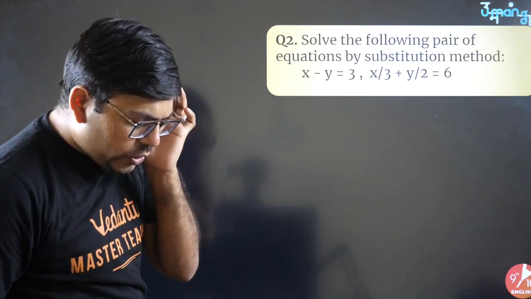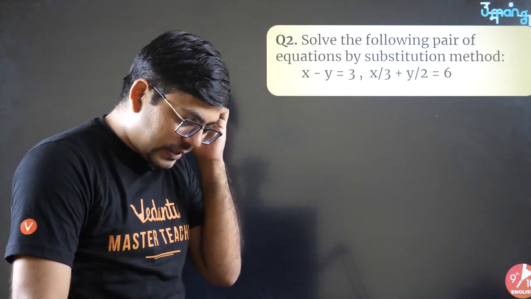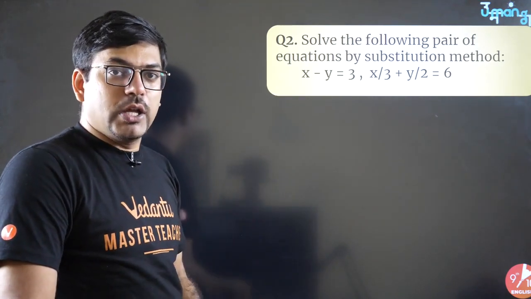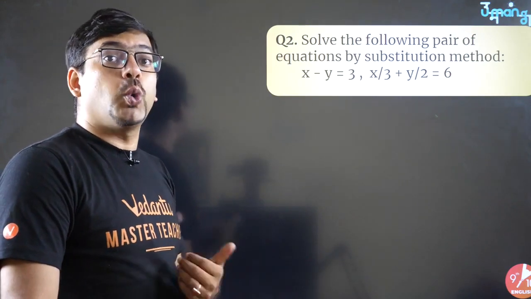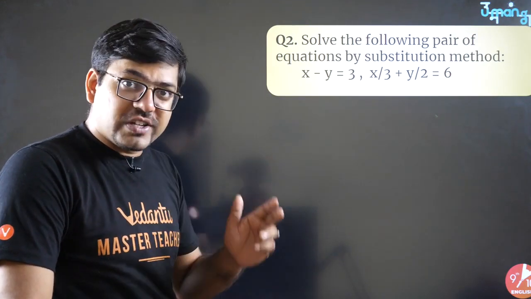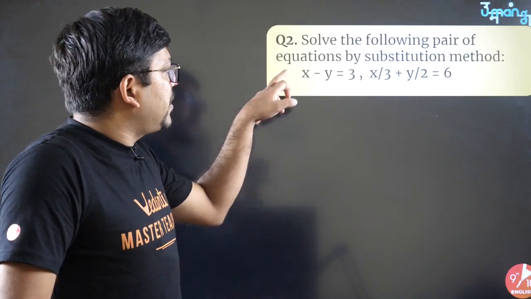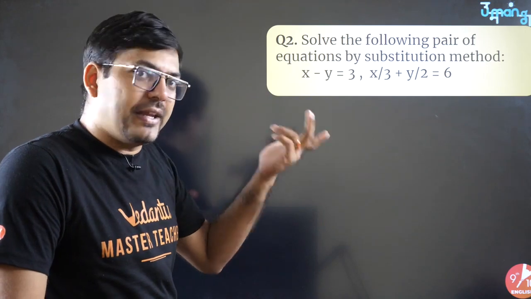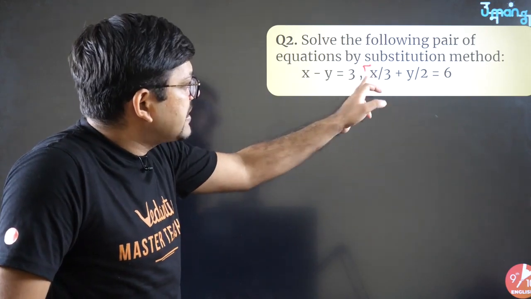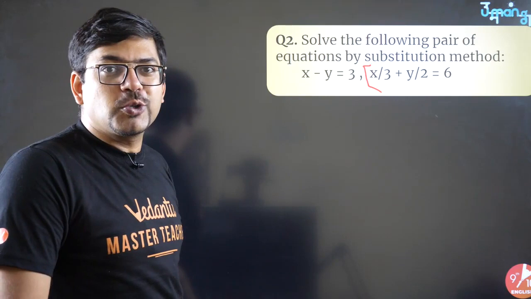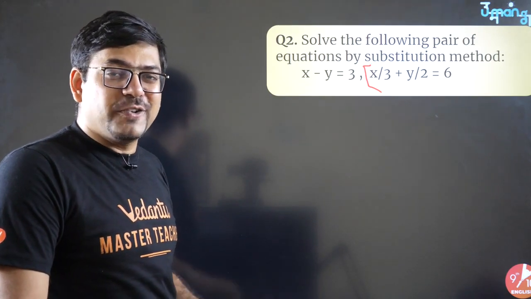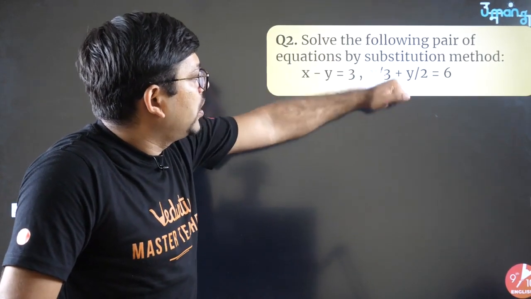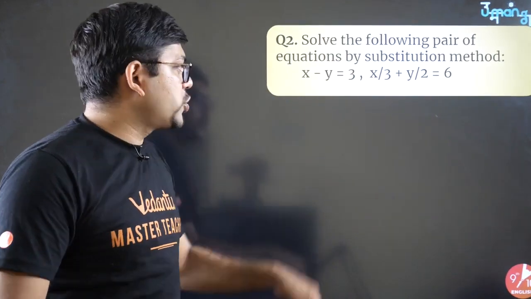See, one thing you have to always remember: many a times you will be given these types of equations. So here you will have to take this call on your own, personally, which equation should you choose. Say for example, if you choose the first equation, from here you can get the value of x or y very easily. But if you choose the second equation, don't you think it is already looking so cumbersome? It won't be easy to find the value of x or y, isn't it? So that's why we would not be choosing the second equation. Let's choose the first one.